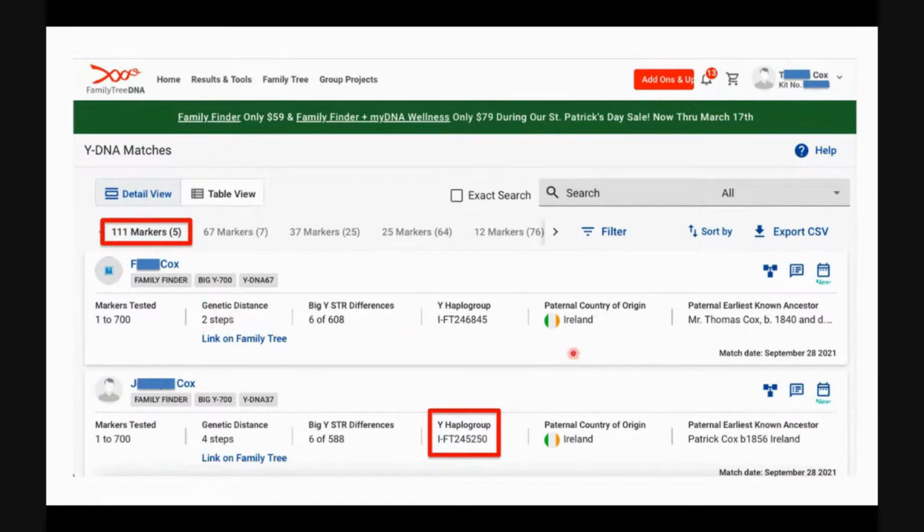He said that his paternal country of origin was Ireland, and then he listed his earliest known paternal ancestor, and that should be his earliest known patrilineal ancestor. So his father's father's father was Mr. Thomas Cox, born in 1840. And he had a little more information about that. So there's that one. And then there's J. Cox,